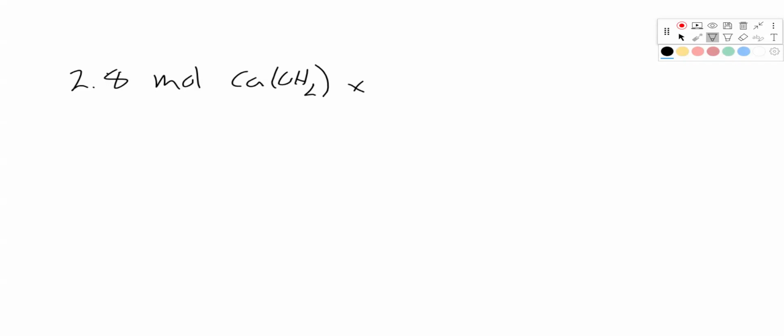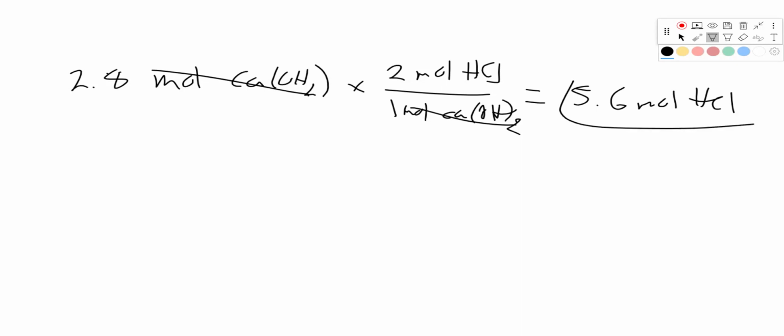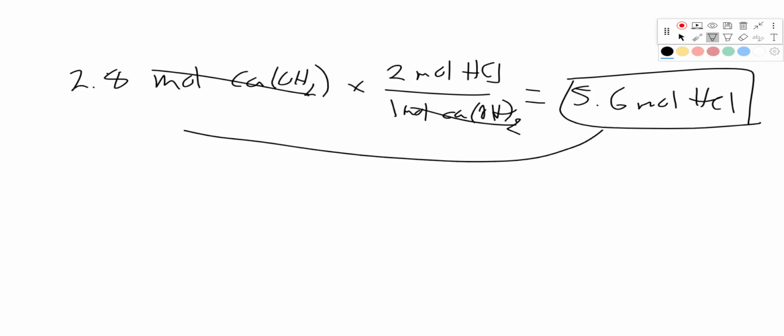And I'm going to take this times that mole ratio. So remember we said it's 2 moles of hydrochloric acid for every 1 mole of calcium hydroxide. So moles of calcium hydroxide cancel, and I'm left with 5.6 moles of hydrochloric acid. So if I had 5.6 moles of hydrochloric acid, that would use up the entirety of these moles of calcium